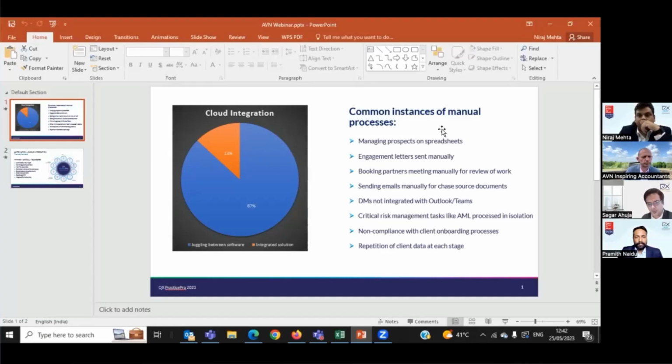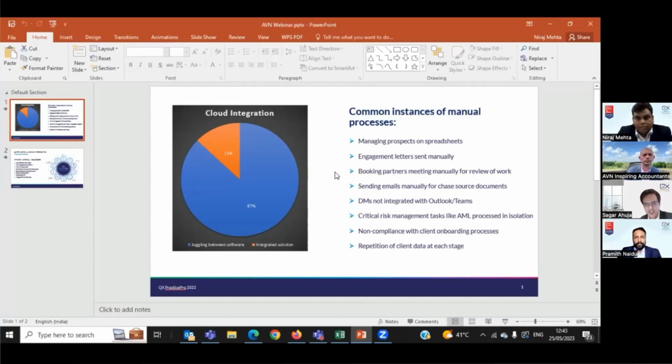Now, in our solution, what we're doing is we are defining it at a frequency where emails are going out automatically to the clients, and the clients are responding back. And that information which they are responding back with is getting saved in the client repository automatically. So imagine a world where you have automation kicking in, where emails are going out, the client is responding back with the information or with the source documents, and that is getting saved in the cloud automatically. And from there, the processor is starting the job. Again, everything without any human intervention whatsoever.